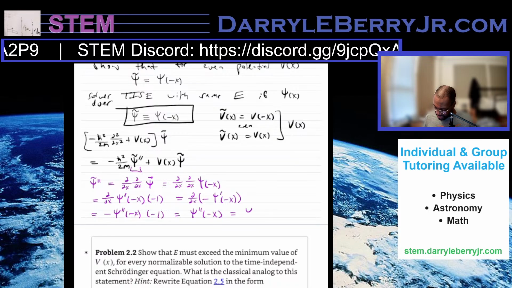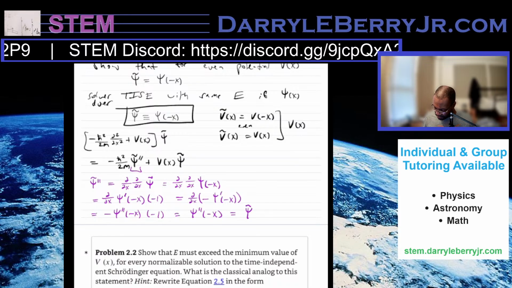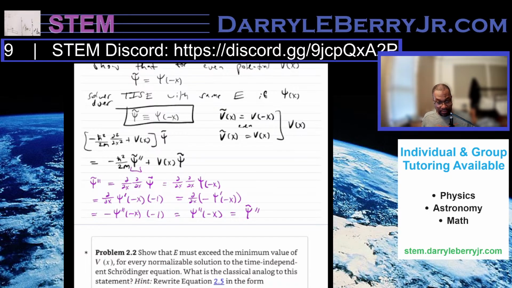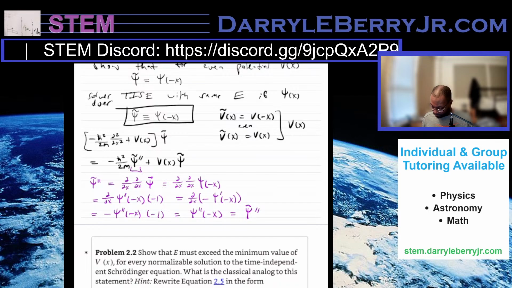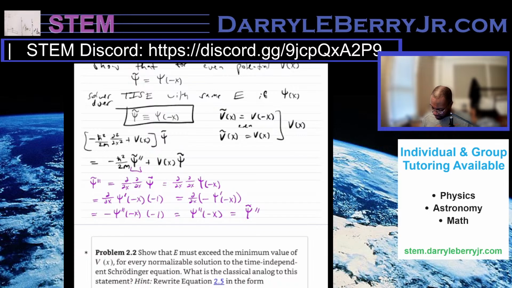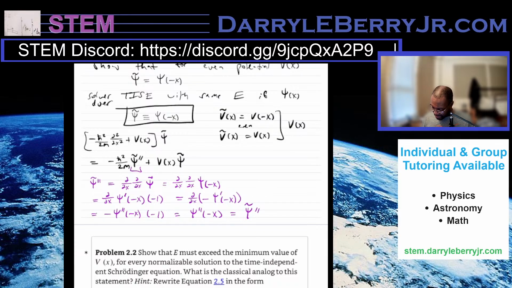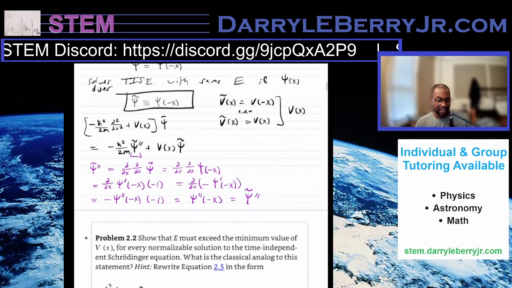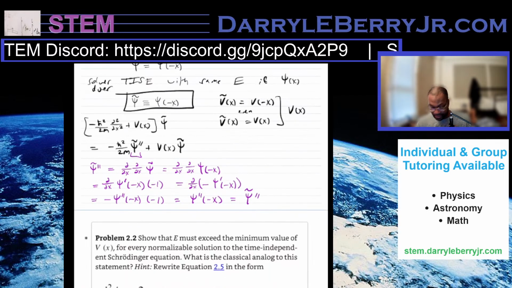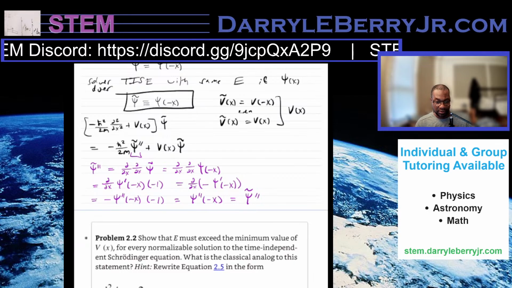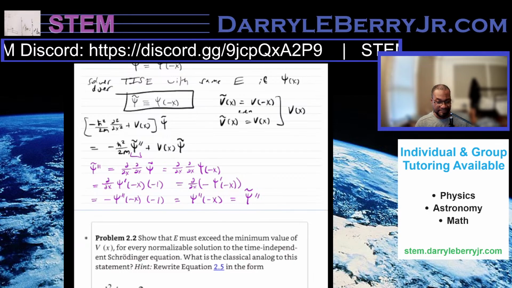So psi double prime of negative x equals the same thing as psi tilde double prime. So if I was to rewrite this,